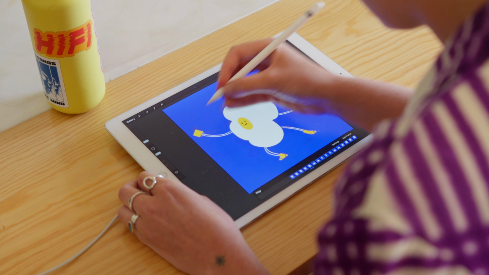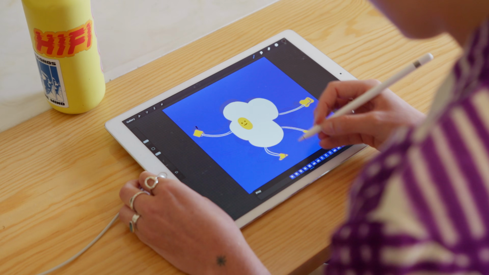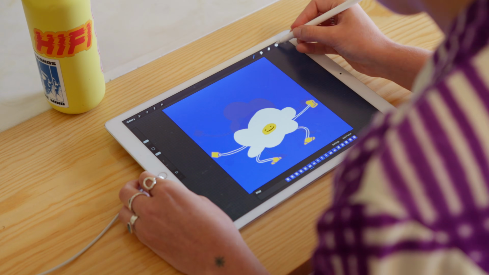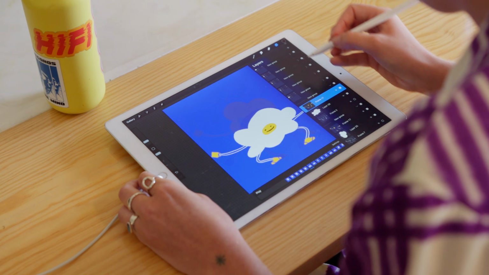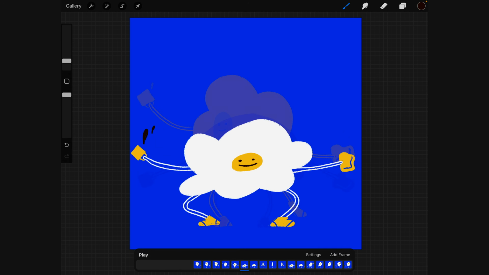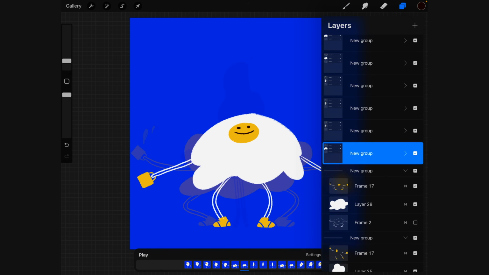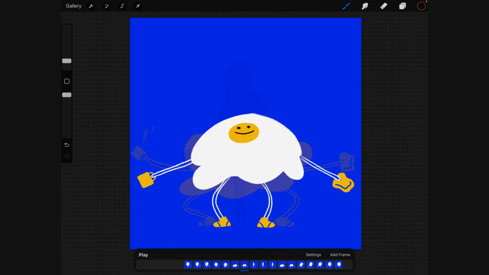Open up all of these layers, have some drips coming out here as he's moving downwards, just for a little bit of extra fun. We can see these in here.